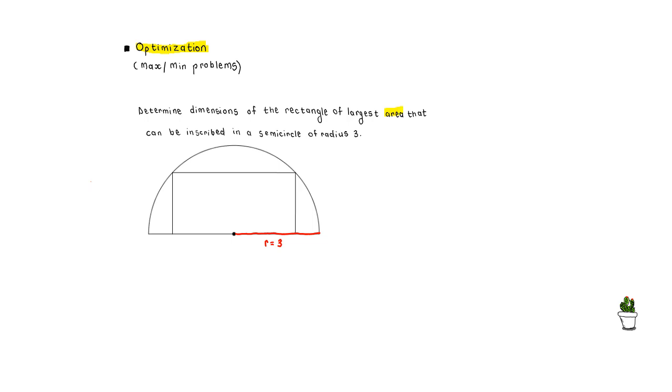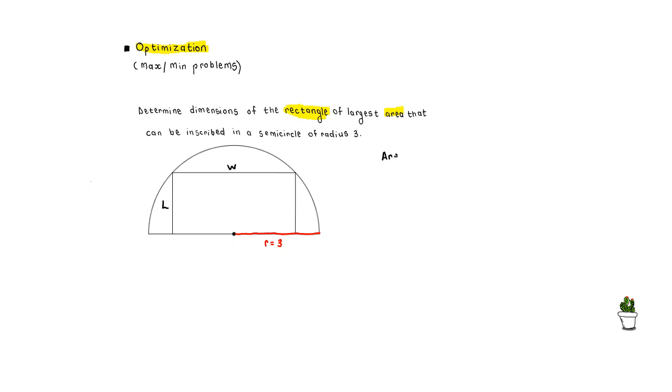Now, what do we need to optimize? What we need to optimize is the area of the rectangle. So let's put some variables into our diagram. Since we need to optimize the area of this inscribed rectangle, we can call this side the length, L, and we can call this side the width, W, and we know that the area